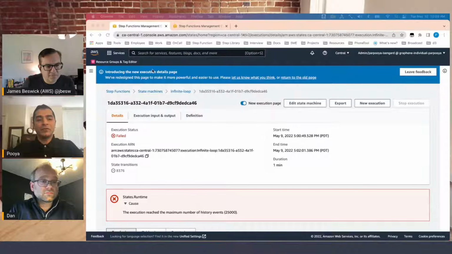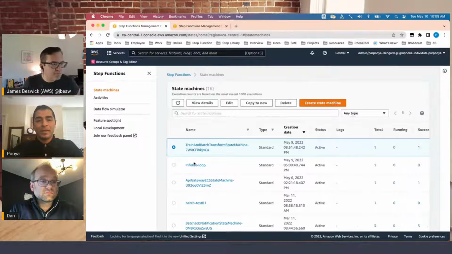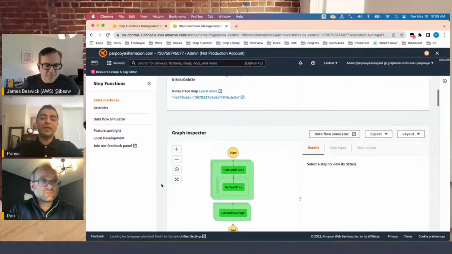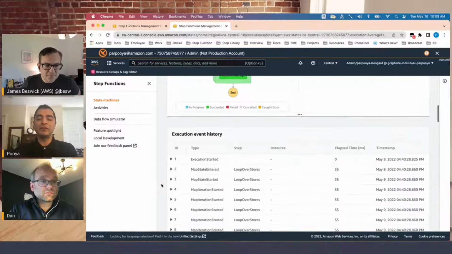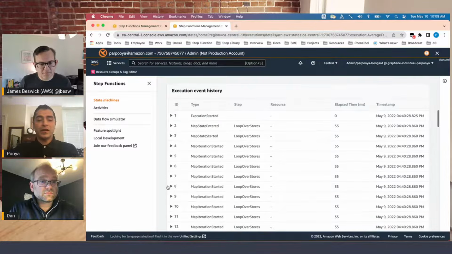The next part I want to focus on is the table view or transition. Let me go back to the old page again. In the old page, we have a graph, and then we have the events. For any state transition, we have multiple events, and these events are ordered by ID. It's very hard to connect or link these events together. For example, we have